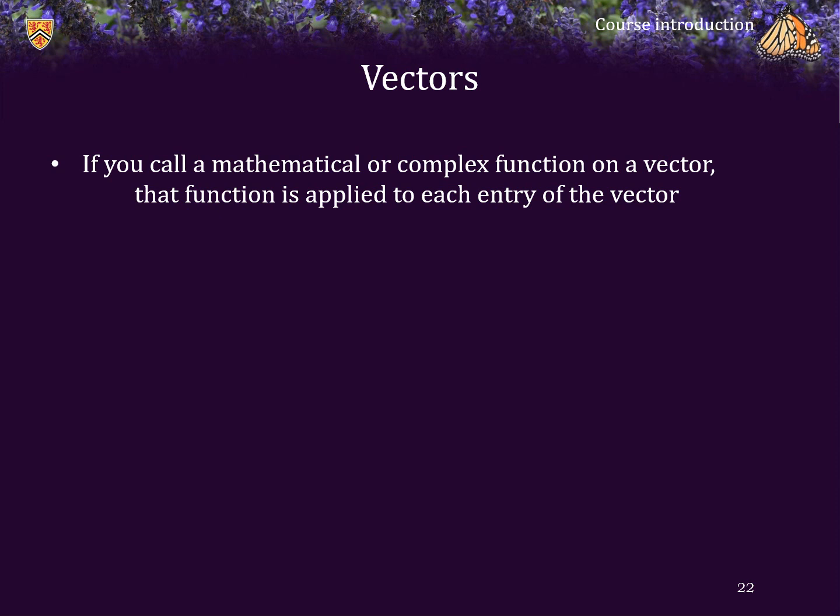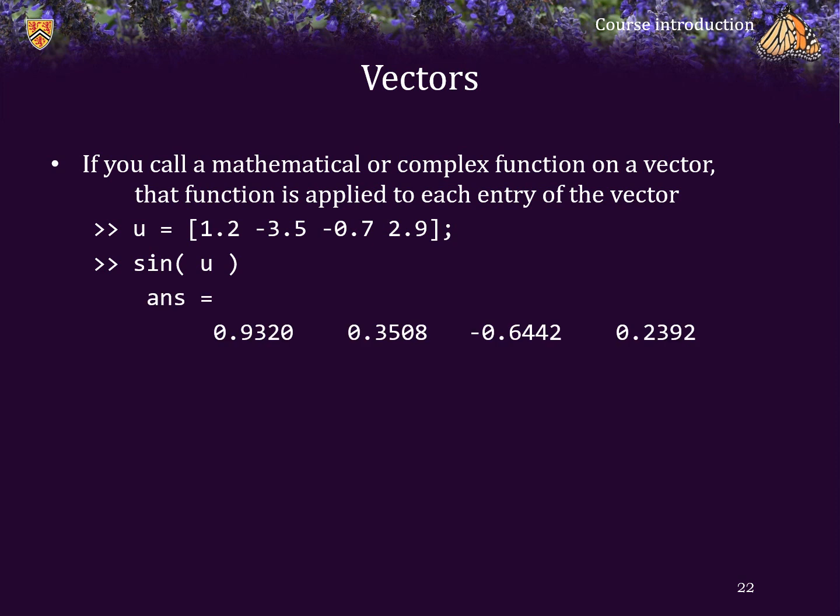Now, the first useful feature in Matlab, if you have a mathematical or complex function and you pass it an argument that is a vector, that function is then applied to each entry of that vector. So here's a vector with 4 entries. I calculate sine of u, and this applies the sine function to each of the 4 entries. Of course, the result is a new vector. The vector u has